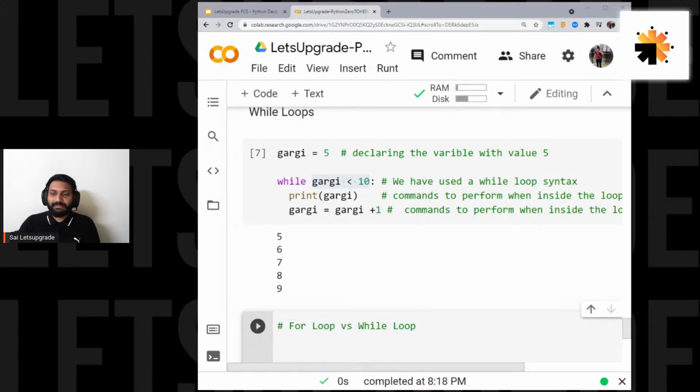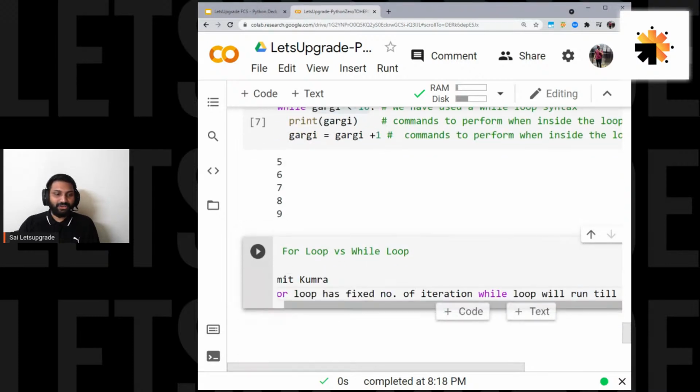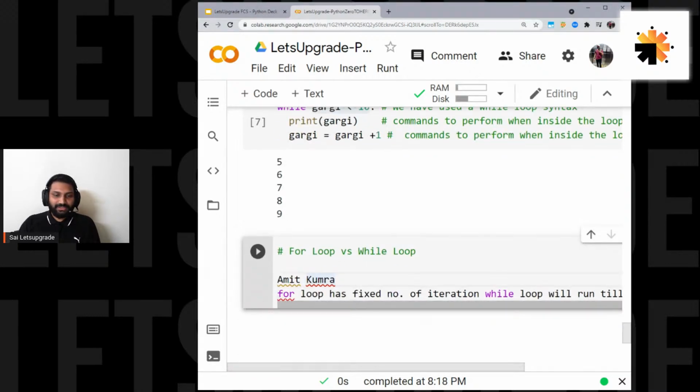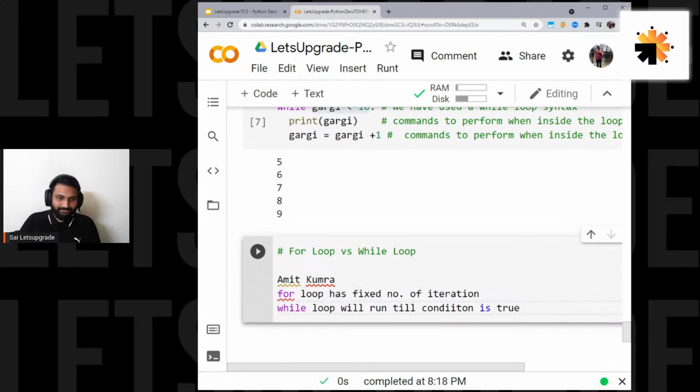So I like this Amit Kumra version of the answer, so I'm just copying it along with his name. Okay, so Amit Kumra's answer is this. He made a few spelling mistakes, but we will use the same version. Okay, so Amit Kumra says,